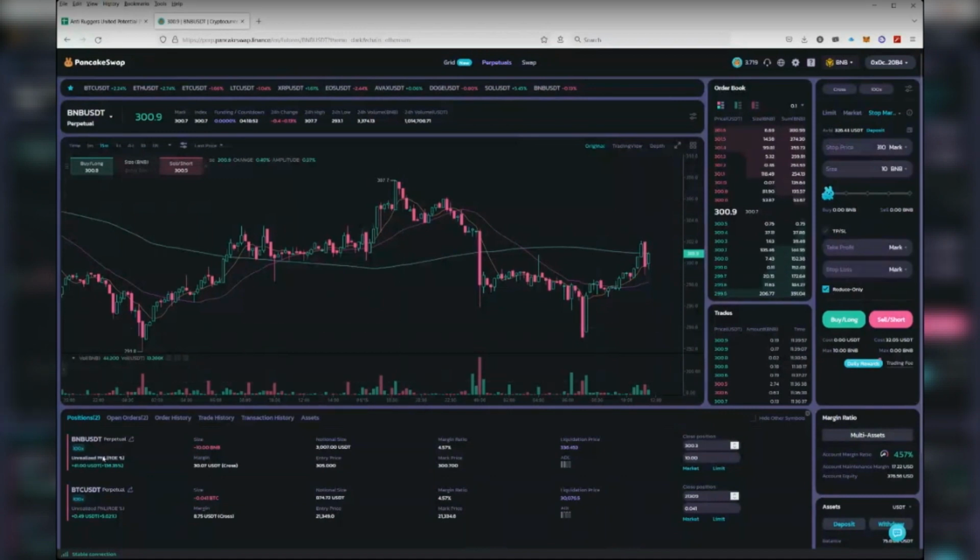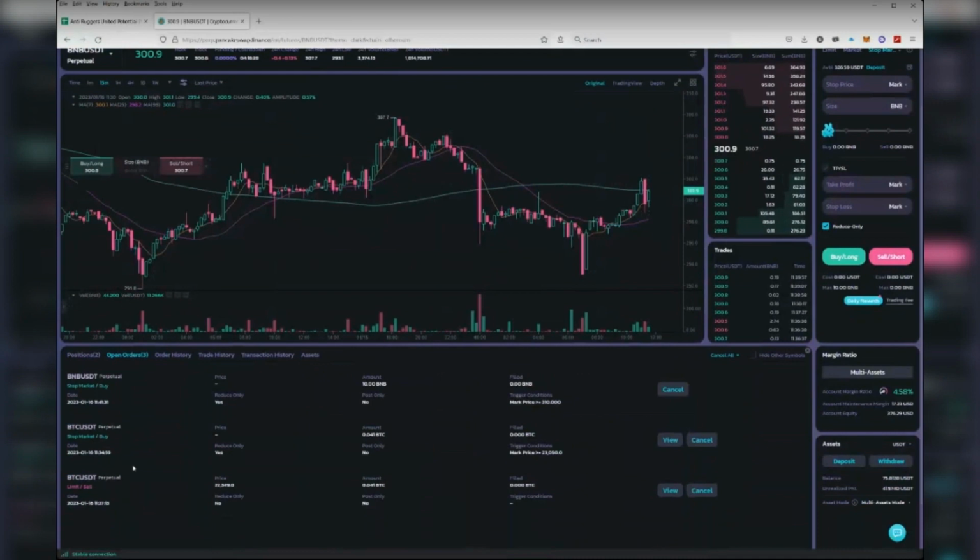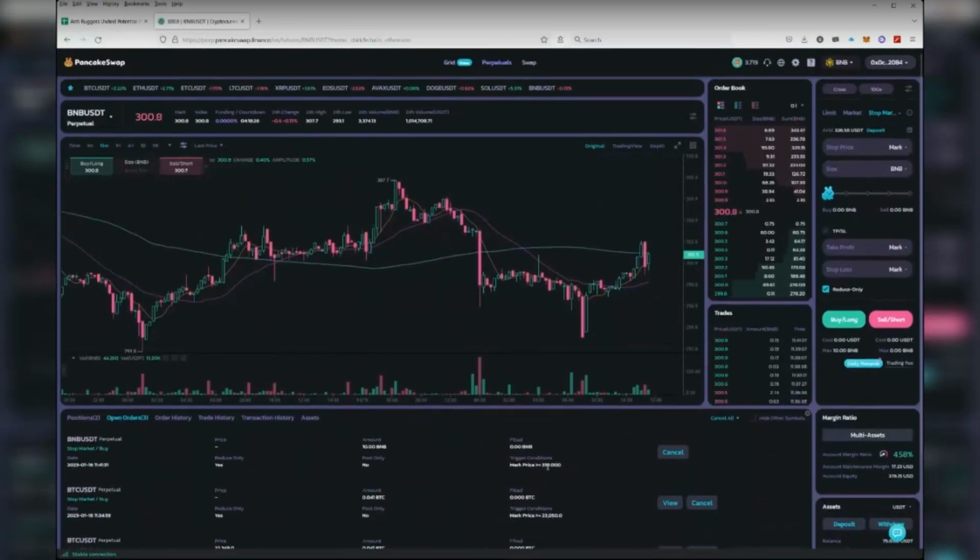Because right now I have negative 10 BNB, right? Because I shorted BNB right here. I have negative 10 BNB. So to close it out, I would have to buy 10 BNB. So this is what I'm doing. I'm doing a stop price at 310, size 10 BNB, reduce only. I'll put that in. Now it's basically the same order as it was before, except now it's 310 instead of 321.